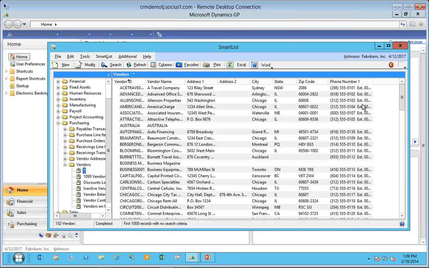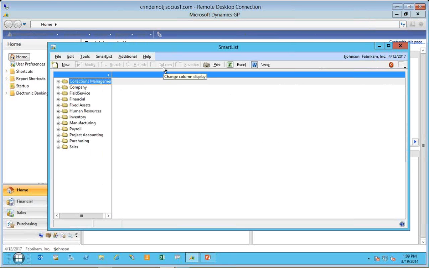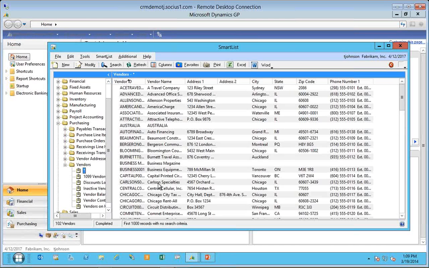Incidentally, if I expanded the SmartList window, when I closed it and reopened it, it would go back to its original size. Now, it maintains that size. So that's really great for those of you who are using SmartList and have wide reports that you're looking at. It will remember